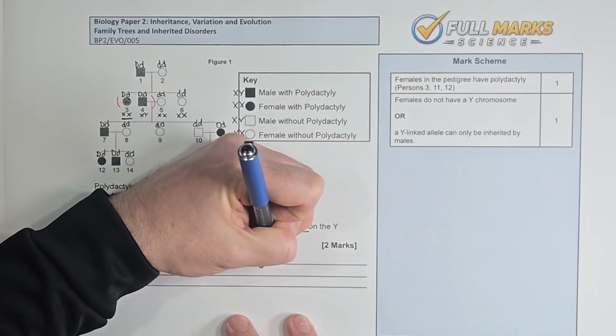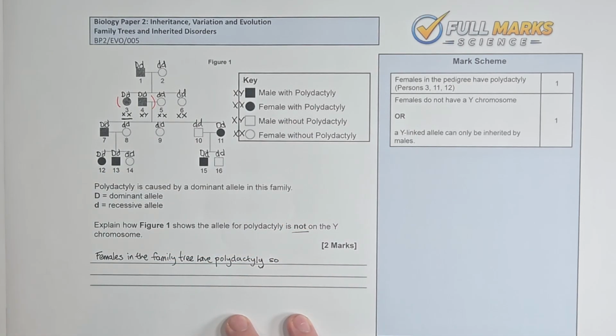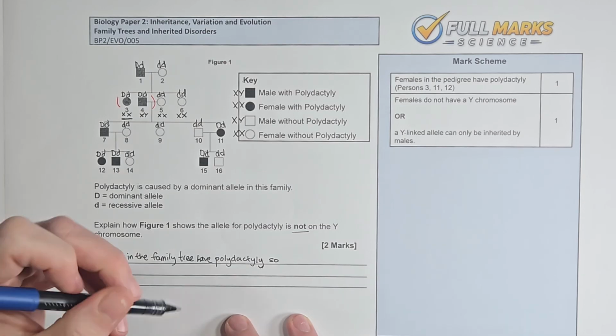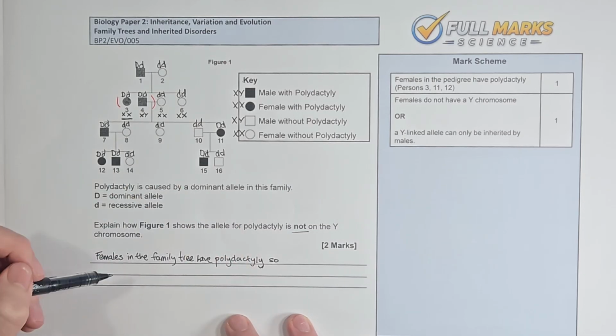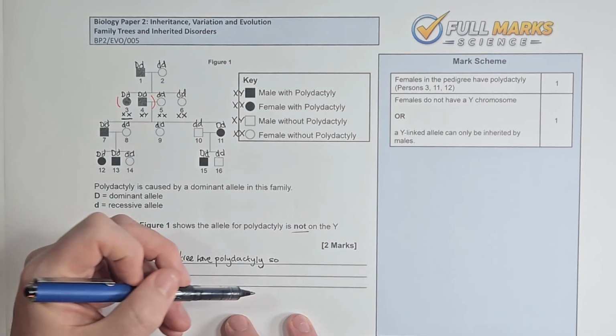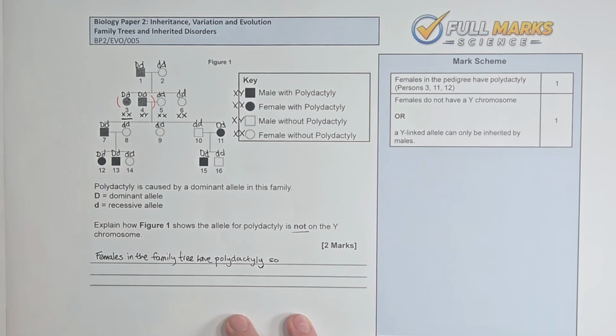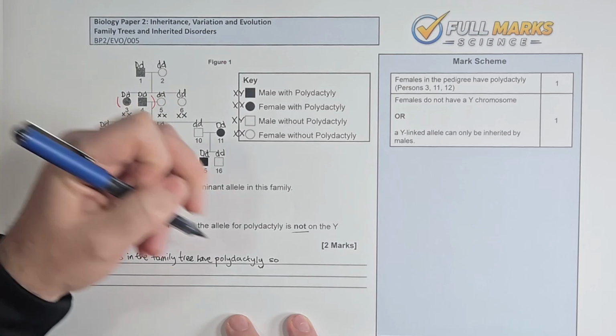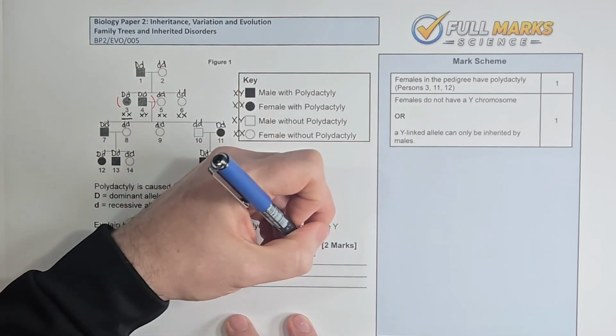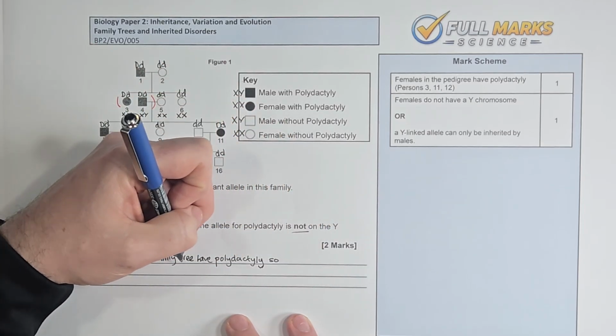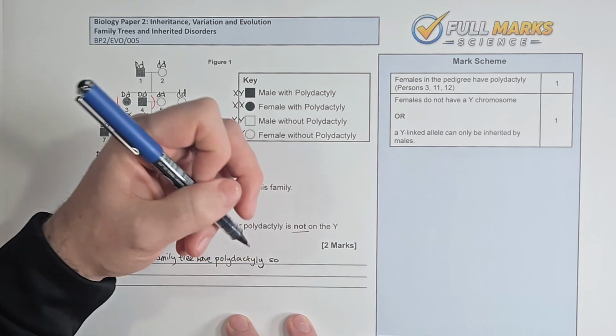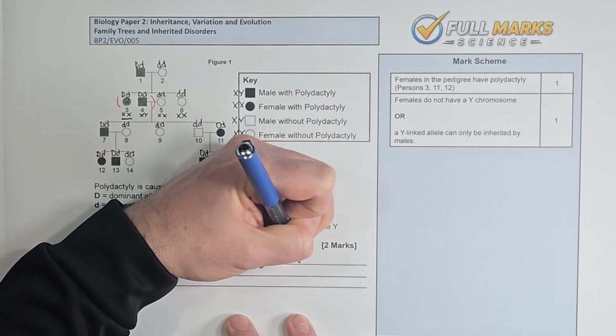So that's where we go with our set 2-mark answers, a so or a but. So we need to say why that is. Why are we saying that? What is the reason? That's what gets us our 2nd mark. And it is literally just females don't have a Y chromosome. Females in the family tree have polydactyly. This means